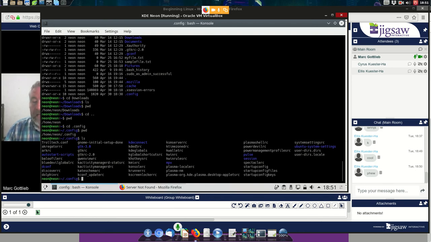KDE Connect is actually fun. I don't know if you have cell phones or not, but you can download a program, definitely on Android, called KDE Connect, and you can connect to your computer and use your phone as a mouse. And my son gets a kick out of it. He's like, I can play games and use my phone as a, okay, whatever. Anyway,